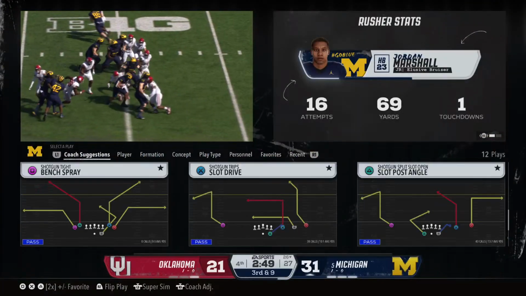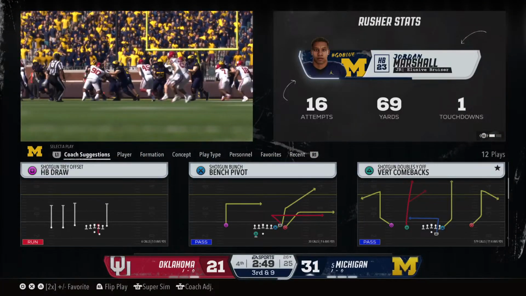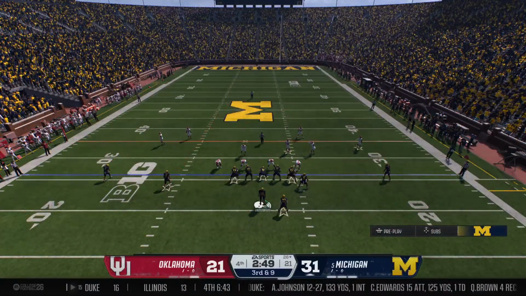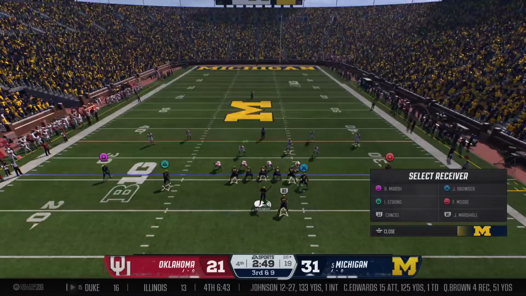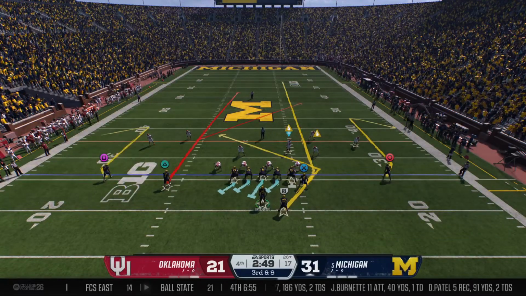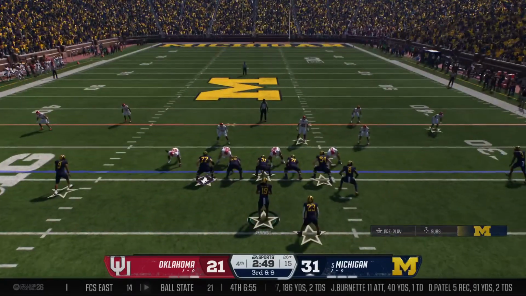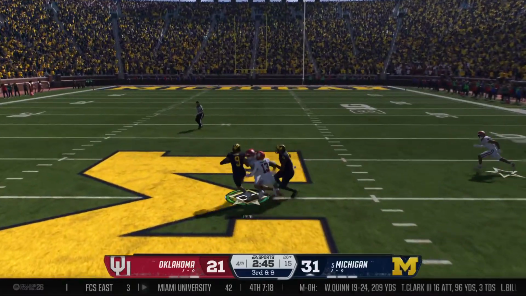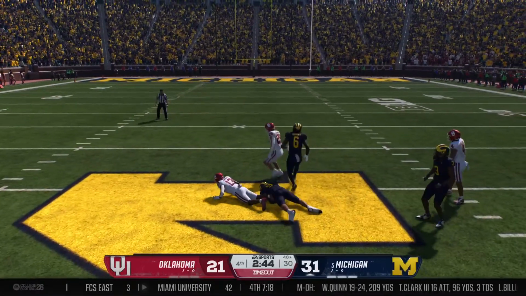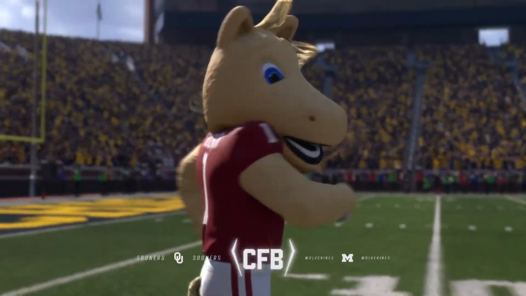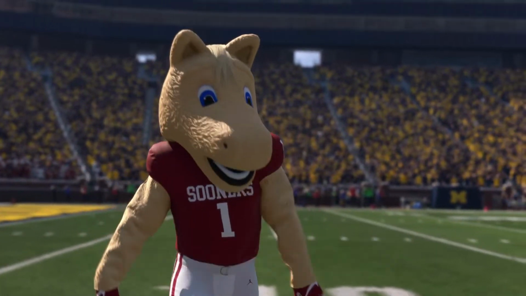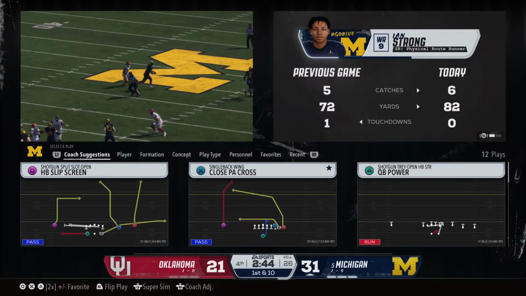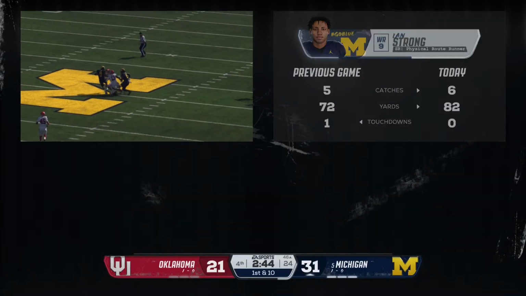Timeout called there by the defense, desperate to get the ball back and save as much time as possible. They're going to keep this drive going. They'll have to make a play on 3rd and long from the 26. From the gun, wants to pass. Over the middle, Ian Strong on the catch, gets across midfield, 1st down, exactly what we needed there. Oklahoma takes another timeout. That is their final timeout. Stopping the clock to save as much time as possible for their offense.